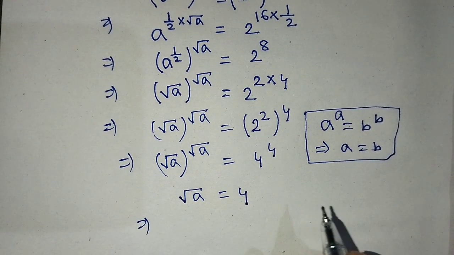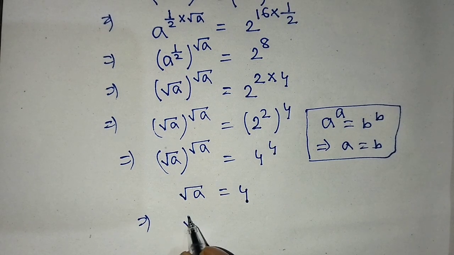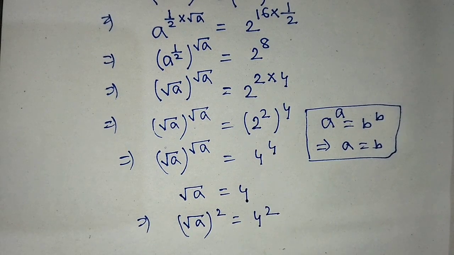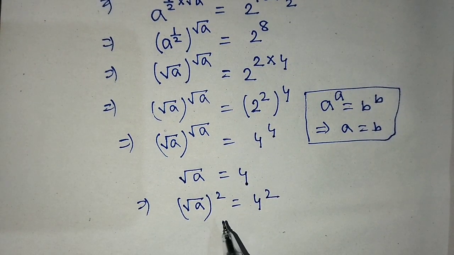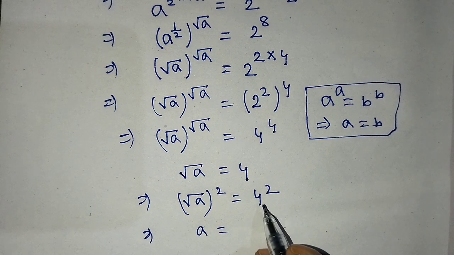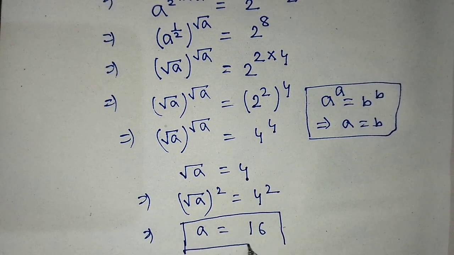But we have to find the value of a. So that's why again we have to take square on both sides. Okay. So on the left hand side we have to write root over of a whole square is equal to 4 square. Okay. So my dear student, after taking the square on both sides, you get these terms on both sides. So after that we can write in here root over of a whole square, that means a, is equal to, on the right hand side we have to write the square of 4. The square of 4 is 16. Okay my dear student, so this is our final answer. So my dear student, our answer is